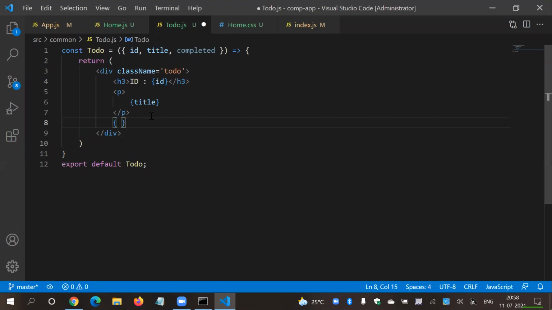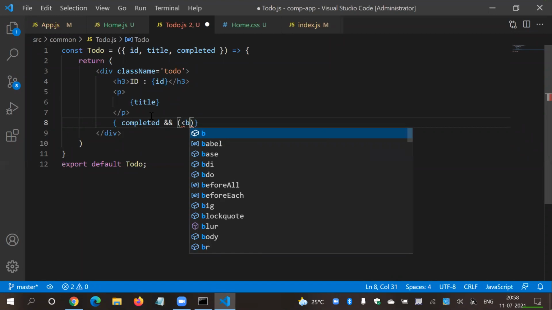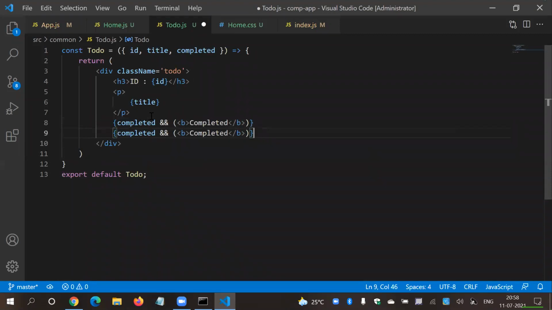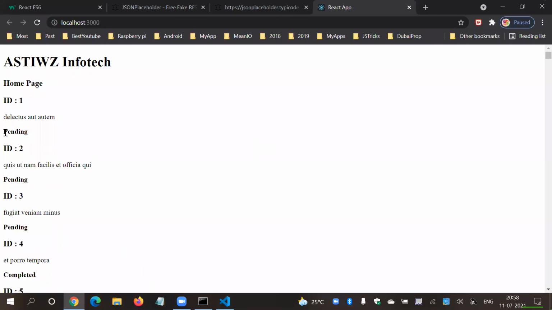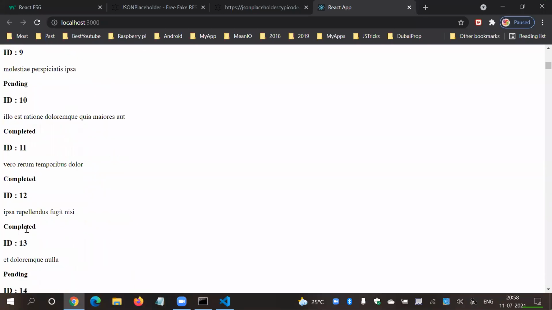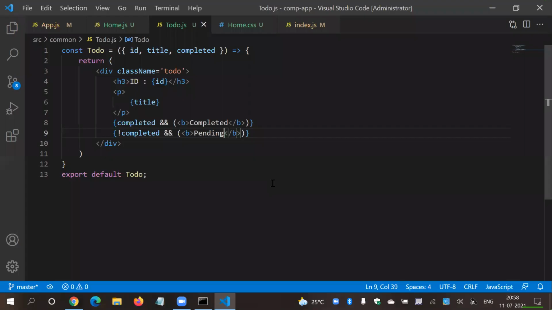So what I'm going to do here, I will simply say if it is completed, then inside that bracket, I'm going to say B, and here I will say completed. Or you can write div, you can write number of lines of HTML chunk over there, and instead, if it is not completed, then I will say pending. Awesome. So this is pending because false, pending. Here if we got completed, here pending, completed. Perfect. I think you got it. What I mean to say here, ng if ng for, right?